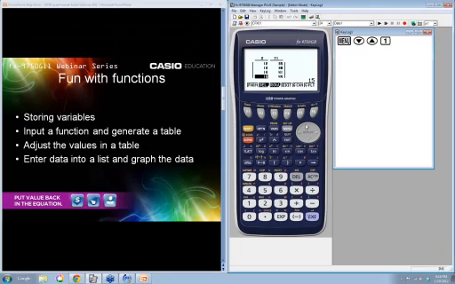And how I get there is simply on my replay key, I press the down arrow until I get where I'm going. Again, keep in mind if you want to change and look for a different Y value, you can put in any X value you want. And there's your Y value for that. So you're not limited to what's in the table. It's really, really flexible.